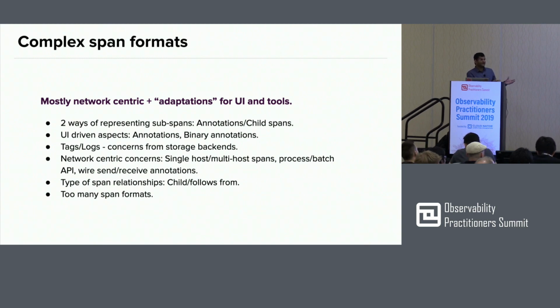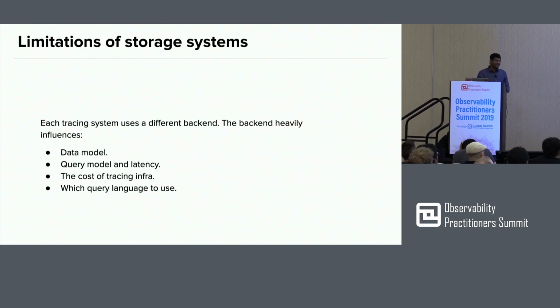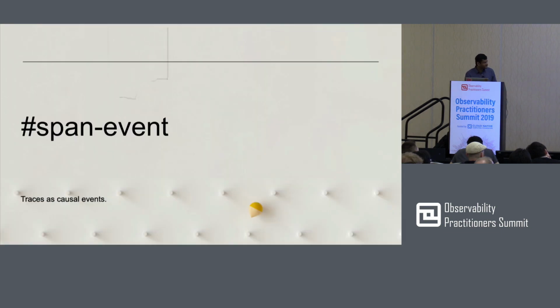And most of these are driven by what the tools need, right? And then there are other influences, like we talked about: the data model of these spans is influenced by the storage systems we use, the query model exposed by those systems, and the latency of those queries. All of these impact the span format today, right? And this also has impact on the cost of the tracing infrastructure and which query languages we use. So what we do, to address these complexities, is we built a very simple span format, which is pretty minimalistic,